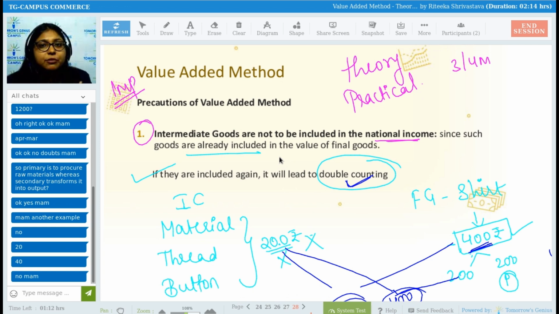Okay, once more we will repeat. Intermediate goods are not included in national income. Two reasons behind it. First, we always include the final value of final goods and services while computing national income. Second, why don't we include intermediate goods or intermediate consumption? Because it is already present in the value of final goods and services. So it is already present over there. If once more I include it, then it will lead to the problem of double counting, which should not happen